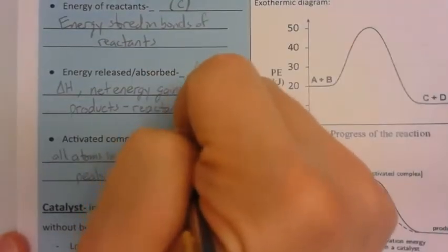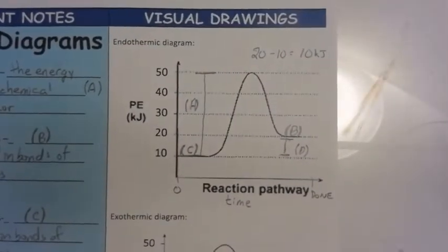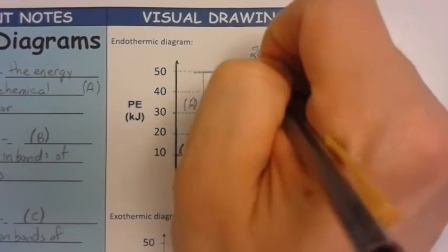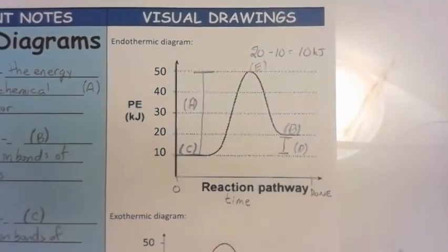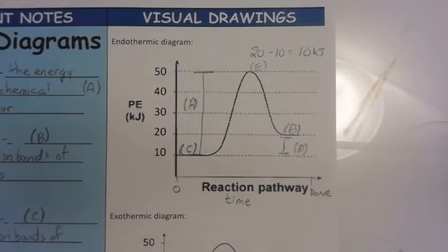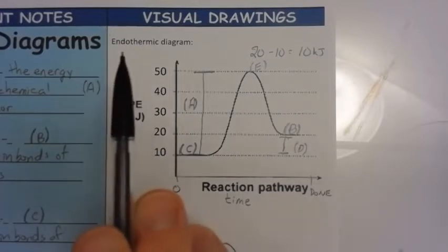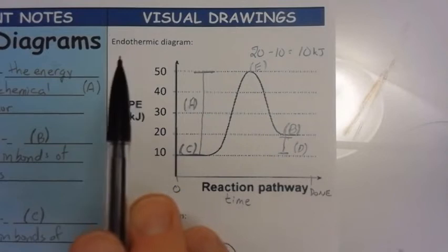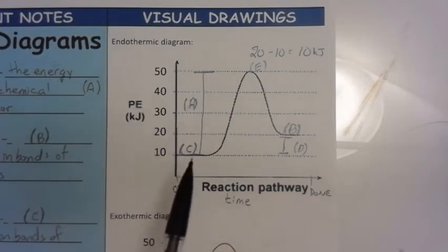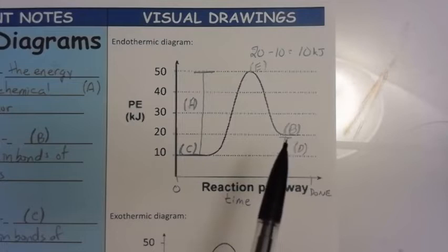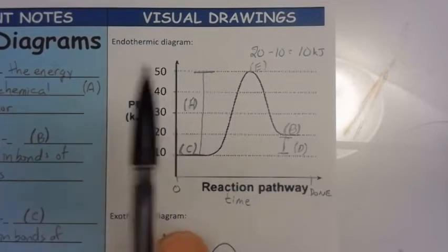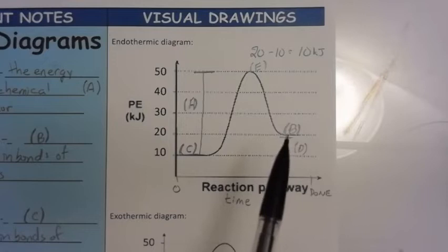So if we label this as part E on our endothermic energy diagram, this up here, part E, would be our activated complex. Okay, so the last thing I want to talk about before we move on to looking at the next exothermic energy diagram is this term endothermic. Endo means to enter. And so if the reactants had 10 kilojoules and ended with products that gained energy, well, that energy entered into the formula of the products, the bonds of the products,